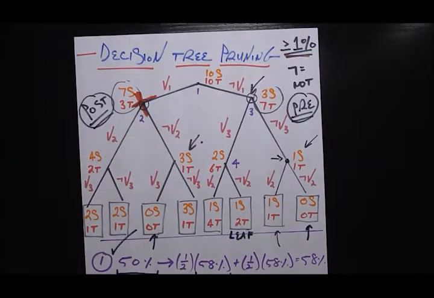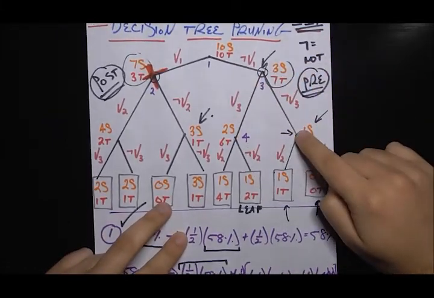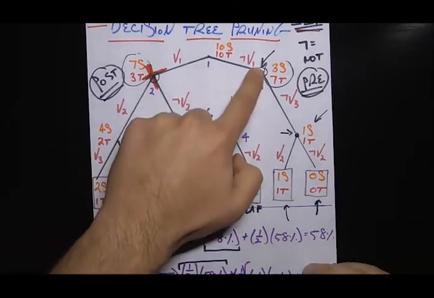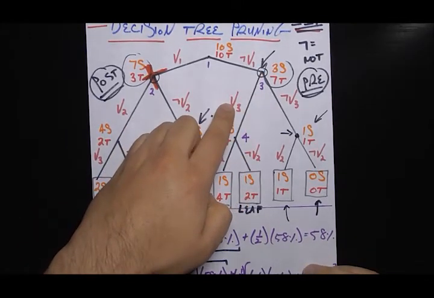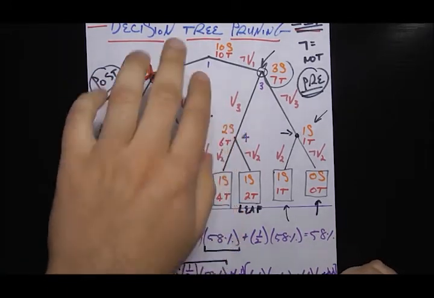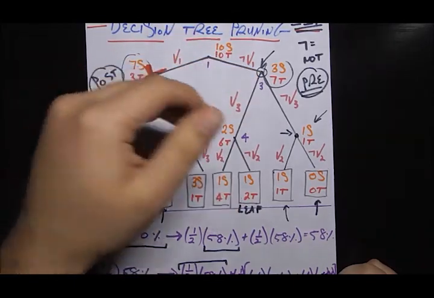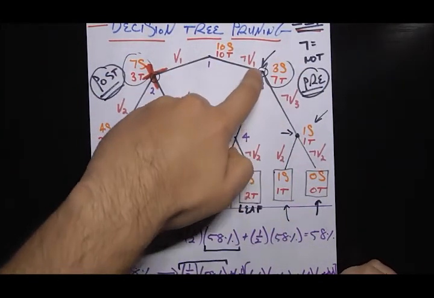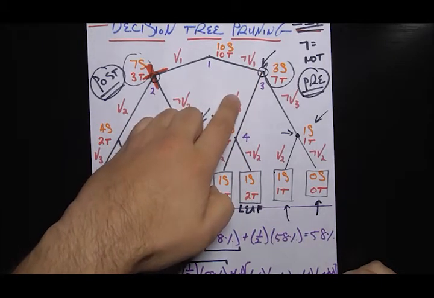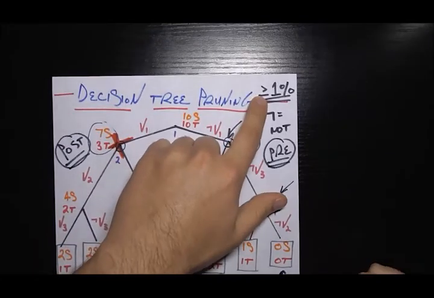But we still have a whole other side to consider. Here, should we split on V3 or not split on V3? And something I should mention really fast is that we're choosing V3 as the variable here instead of V2 because we're assuming that V3 gives us the best gain in accuracy of going forward. So basically what we're saying here is that we've surveyed all of our available variables, and we've said that V3 gives us the best accuracy gain, but that doesn't mean that it gives us enough to get past this 1% threshold.